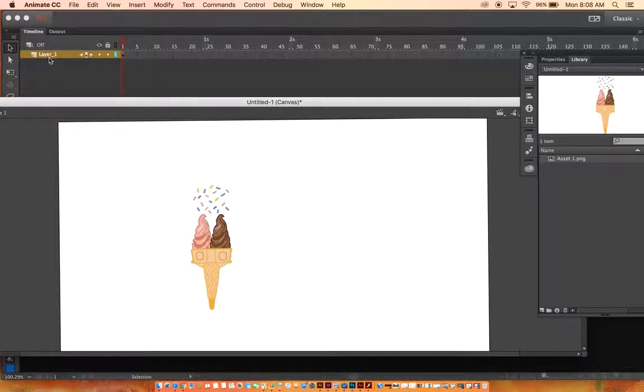Now I understand that it is part of layer 1, so I might just name this ice cream cone, right? And then anything else that I move into, if I want them to be separate parts, I would create separate layers for them. All right, so I hope you found this helpful. I would start organizing your files and importing them into Animate as